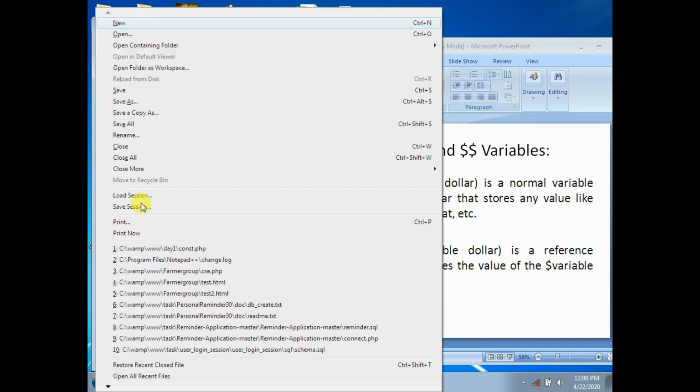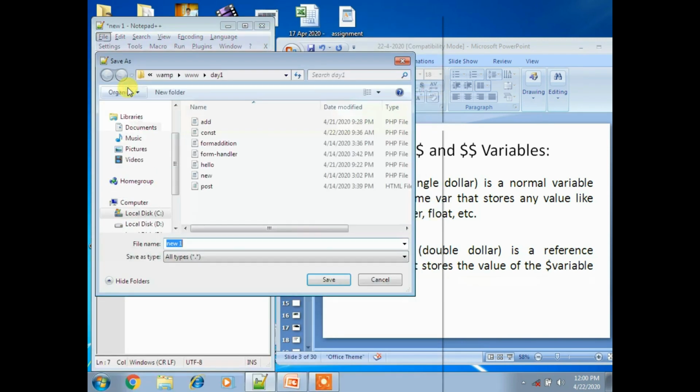Now save this file with a file name like var.php. I just took one name called var.php. You can take your own name also, no problem.